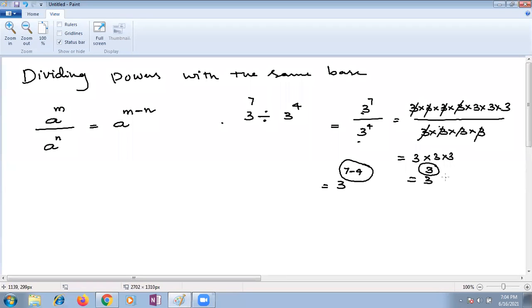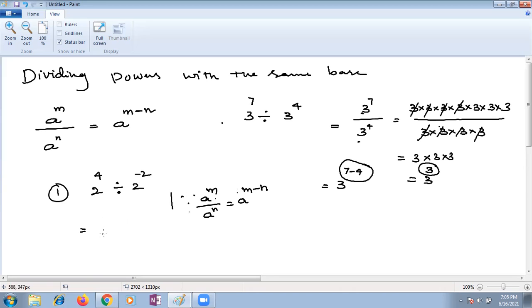The question for Pranav Raghavendra. This is my question here: 2 power 4 divided by 2 power minus 2. First, step by step, you have to say what you are supposed to do. I will write on the screen. The formula is a to the power of m divided by a to the power of n is equal to a to the power of m minus n.